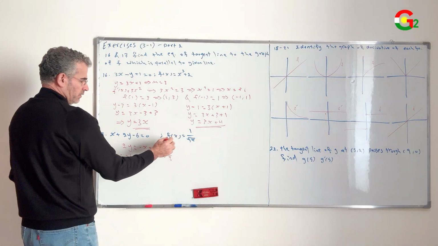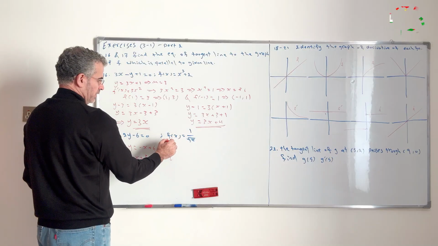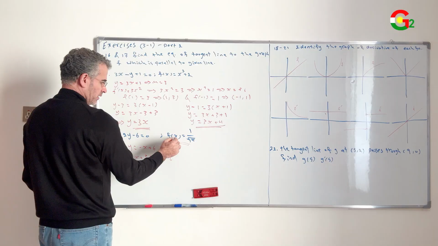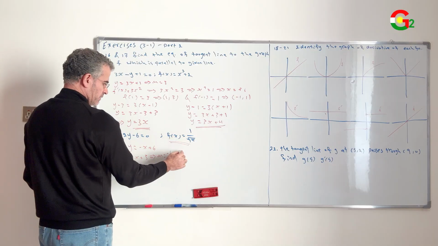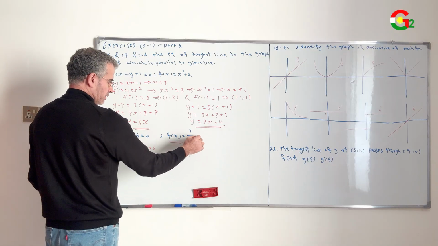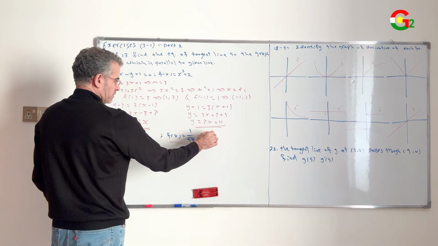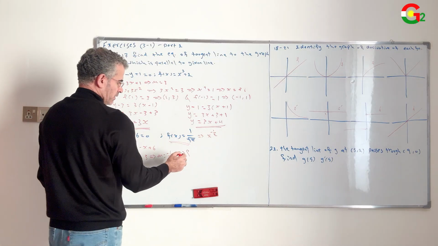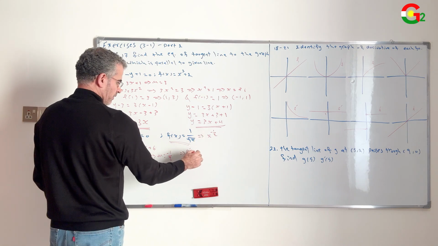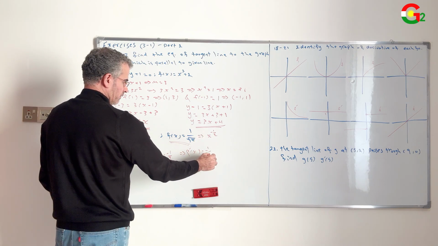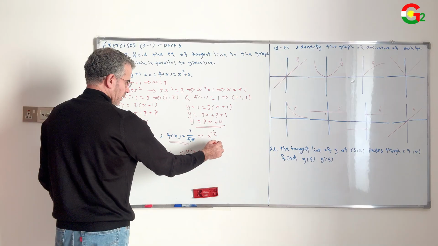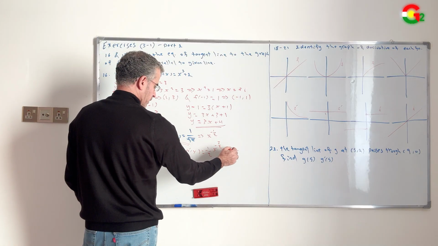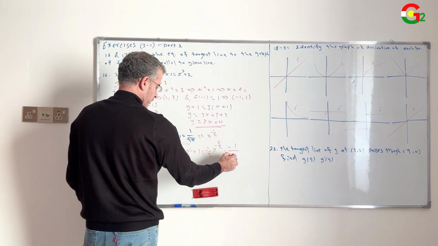For the slope of the function at the point of tangency, find the derivative of this function. Rewrite f as x to the negative 1/2. Therefore, f prime of x equal to negative 1/2 x to the negative 3 over 2, equal to negative 1 over 2